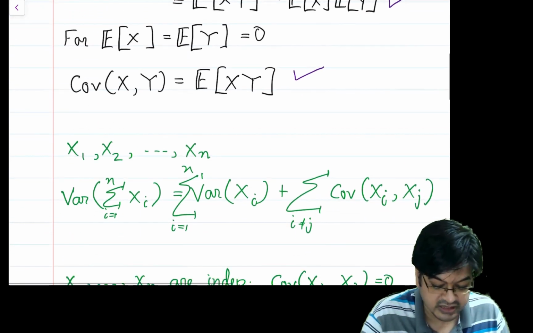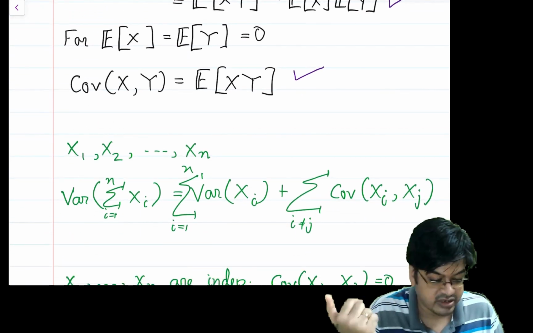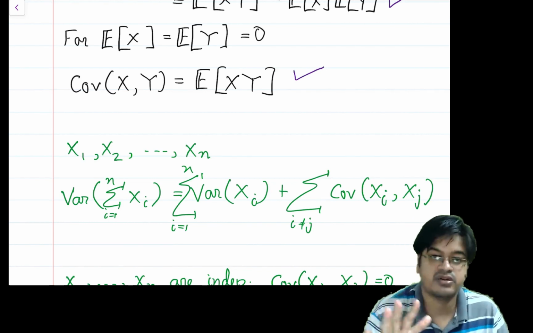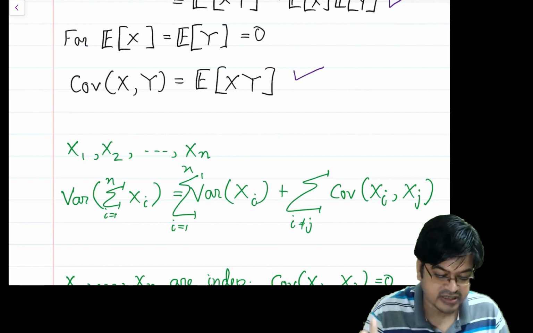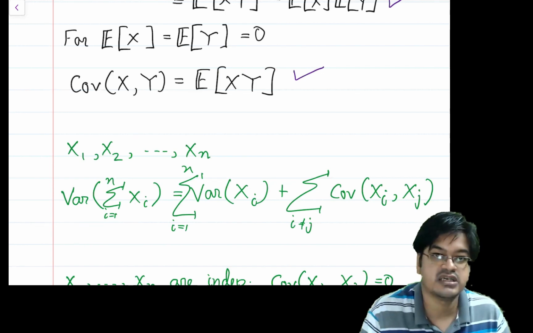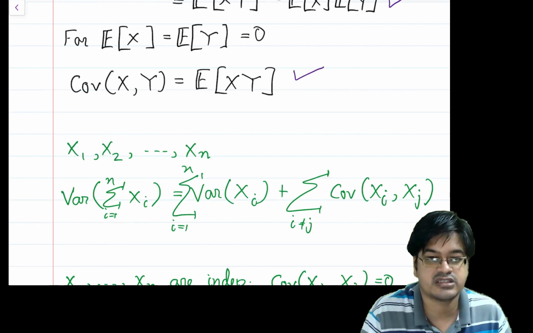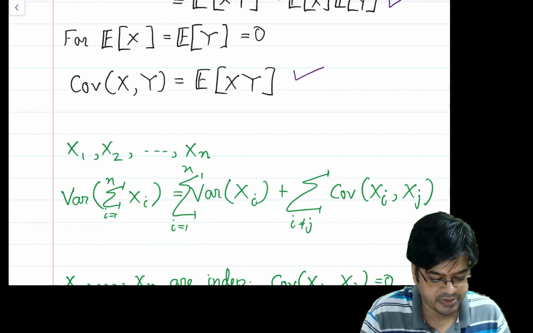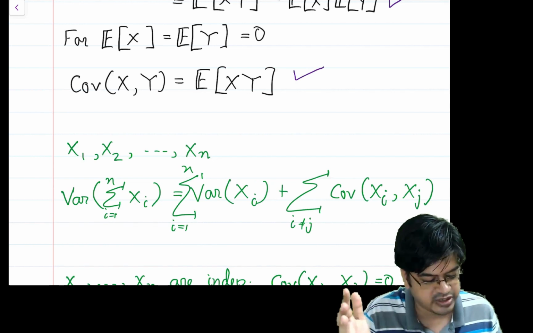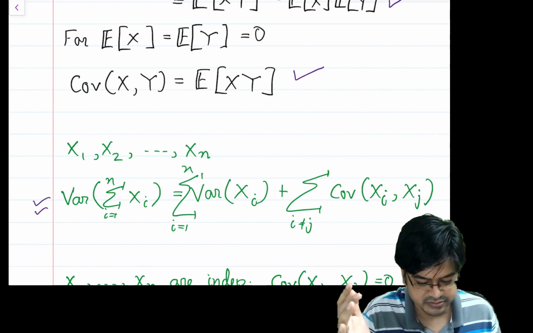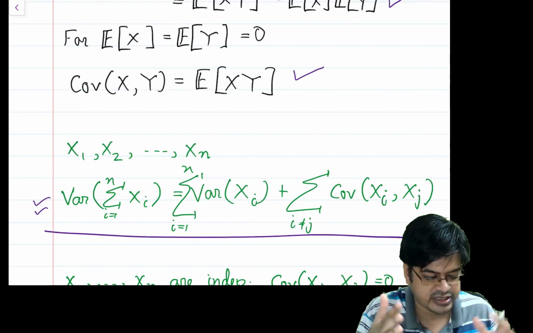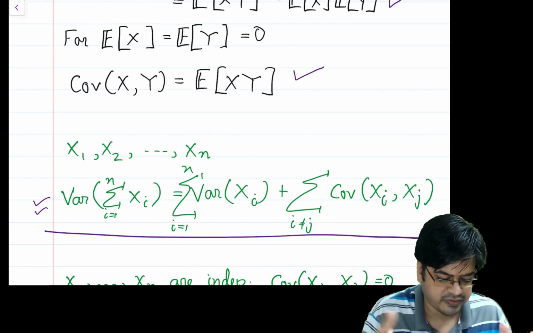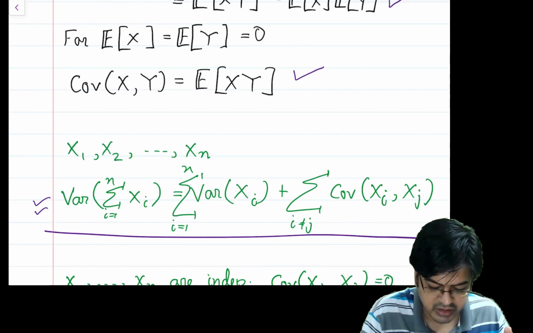Now let us go to a general case which we have already derived, x1, x2, xn. The only thing is we derived everything for discrete random variables, but it doesn't matter. Based on our experience, if we want to derive the similar thing for continuous random variables, just replace the PMFs by PDFs and you will get a corresponding answer, which is this. So this is a standard formula for computing variance of sum of random variables.